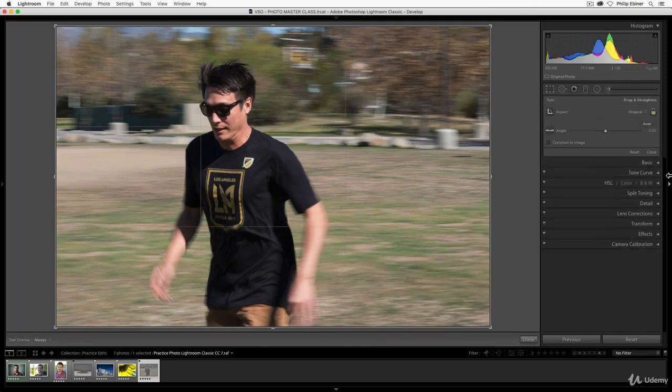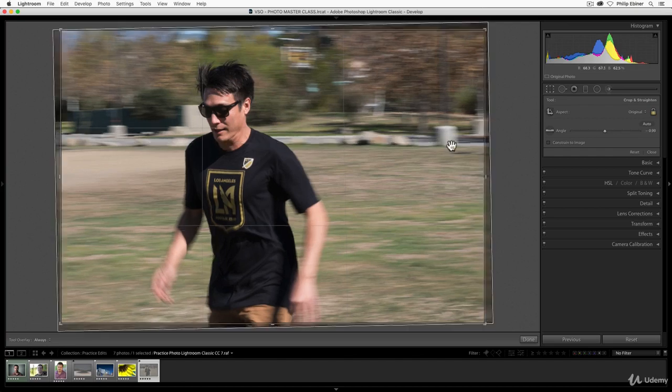If we go into our crop, click this sort of ruler tool, this level next to angle, what we can do now is drag along any straight line, which typically would be your horizon, and then Lightroom will automatically rotate the image so that it's perfectly straight across your image. So that's a quick way to actually level any photos that have a horizon in it. Good trick to know.